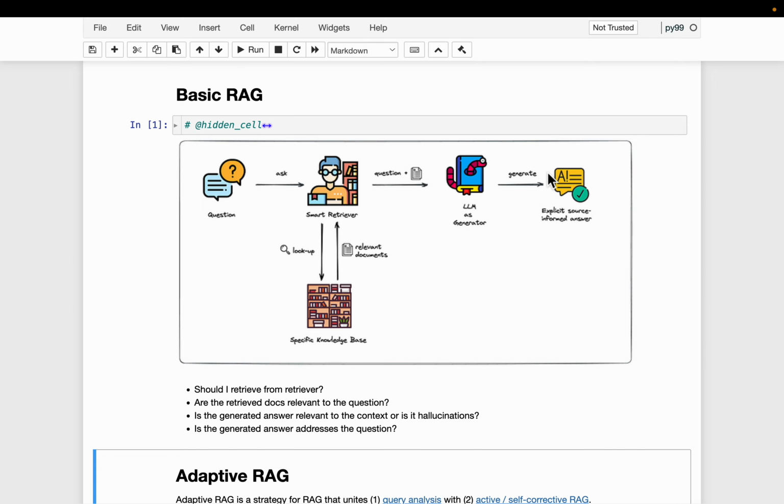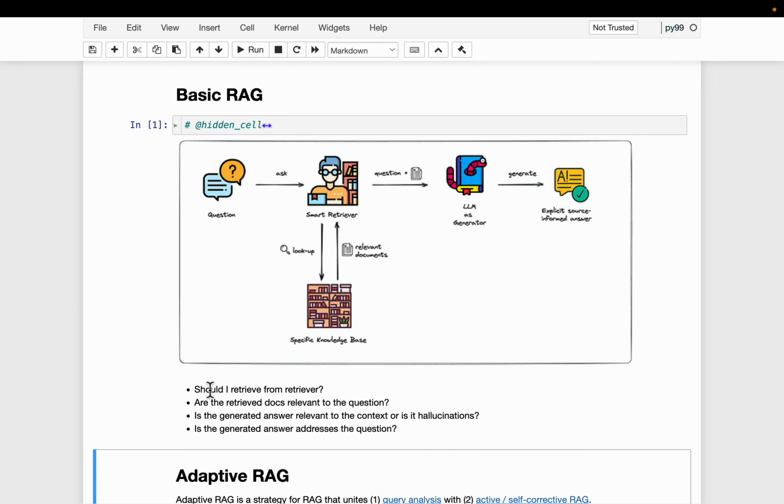Now let's see what the limitations involved in this are. So the first one is the user might have asked a very basic or very general question, or it could be completely unrelated to what we have in the vector store. But even then, we still go ahead and use the retriever to retrieve the documents.